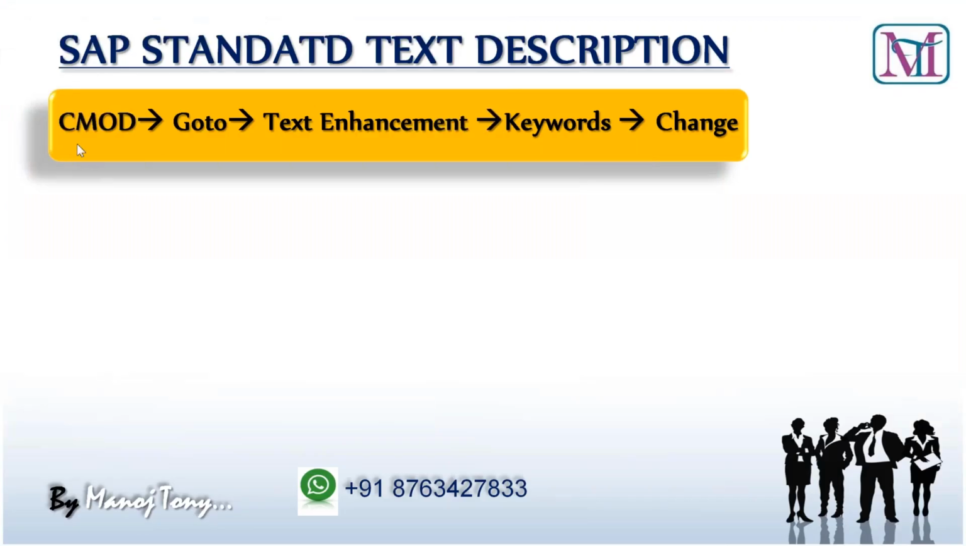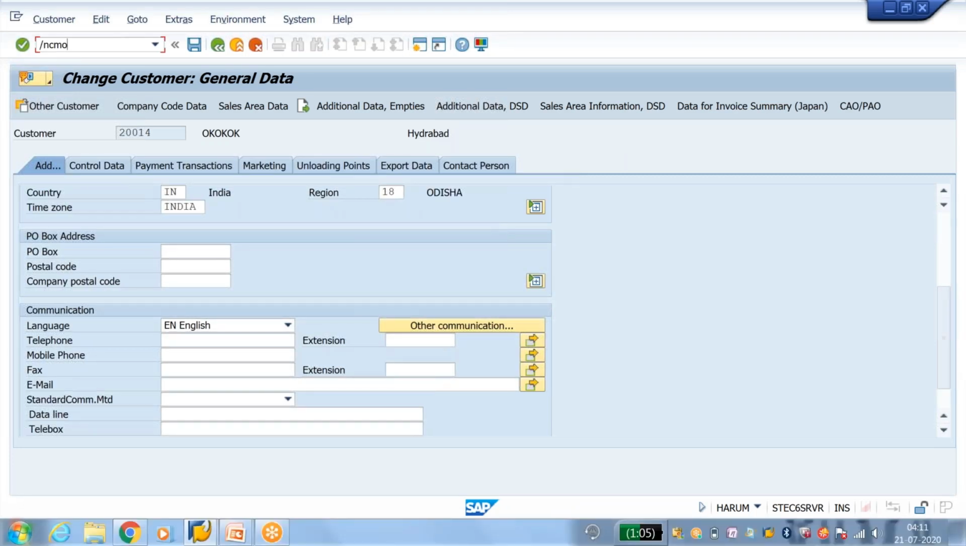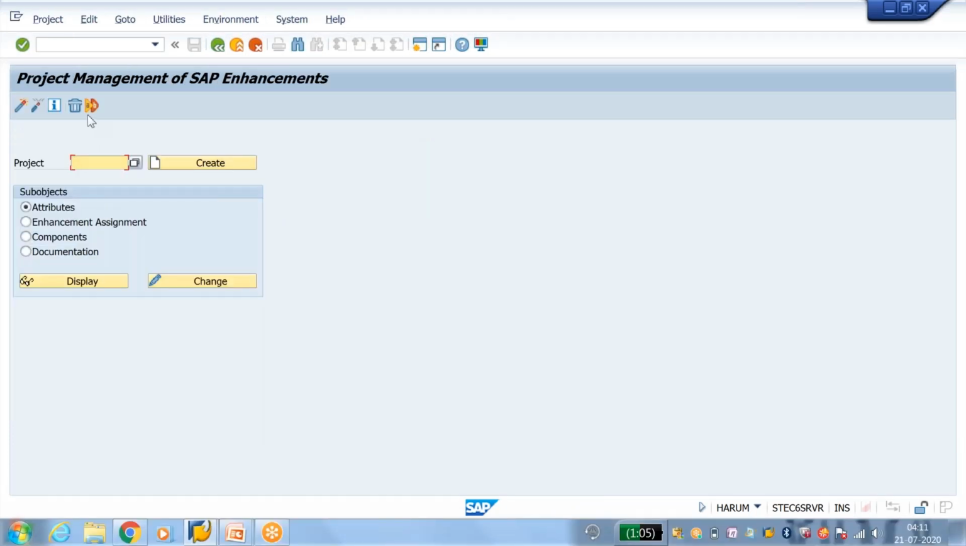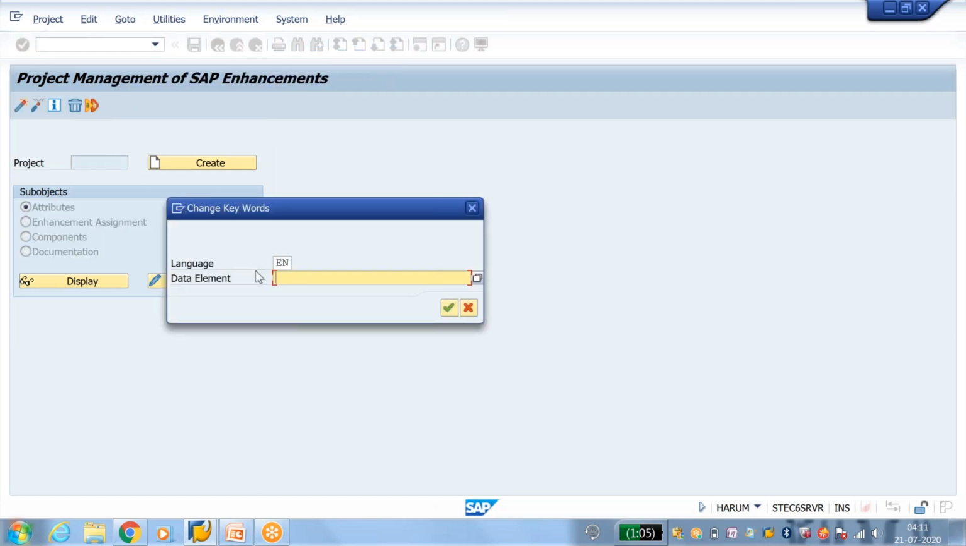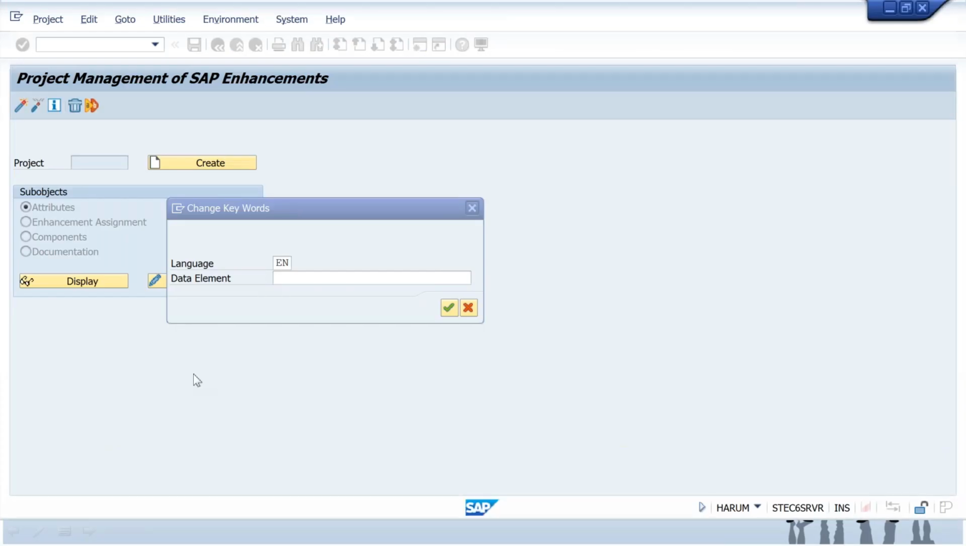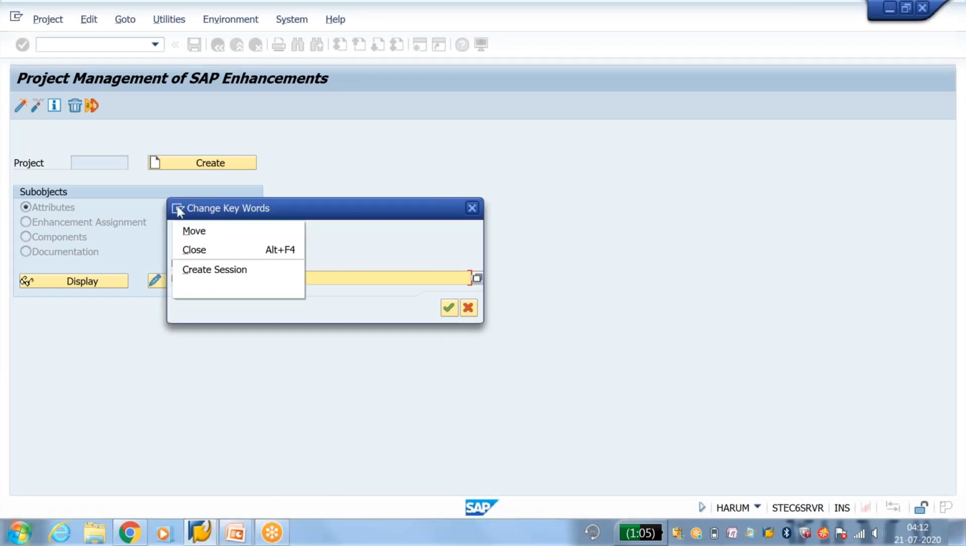What is the T code? The T code is CMOD. Then go to text enhancement, keyword, and change. So go to transaction code CMOD, SMOD. Then what we have to go to is text enhancement, then keywords, then change. So here you will get first